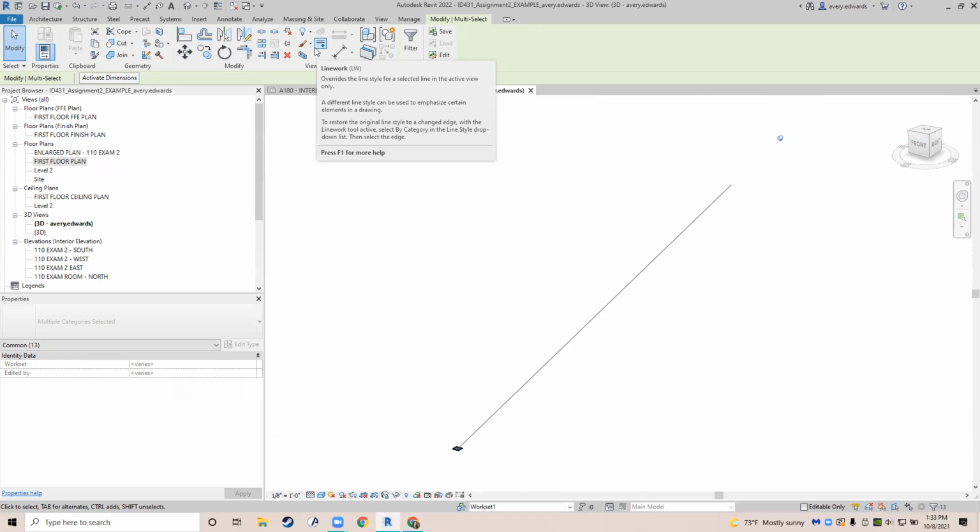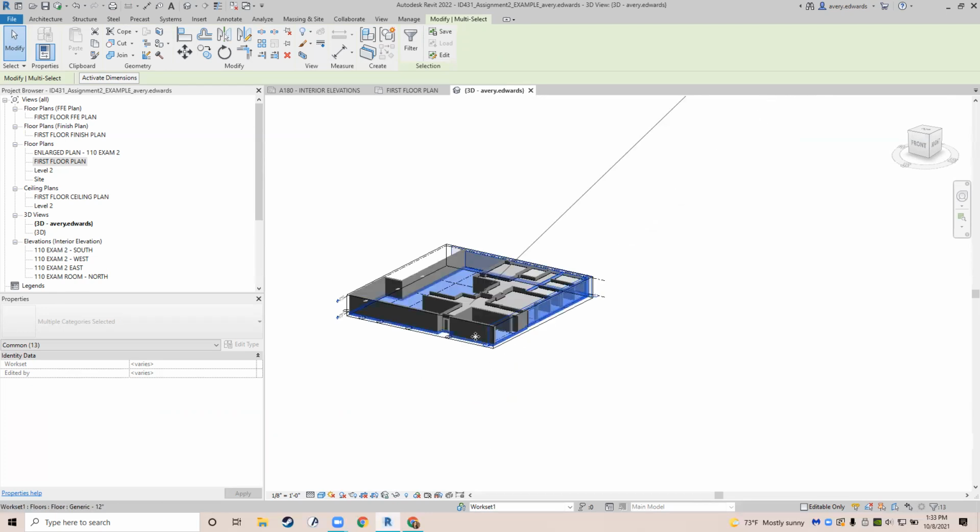Oh, wait, you're just in your 3D. To do that, you have to be on your plan, grab stuff, and then use that little button. Because if you just go to your overall 3D view, that's everything. It doesn't give you the box. Okay, thank you. And then I could put this in my